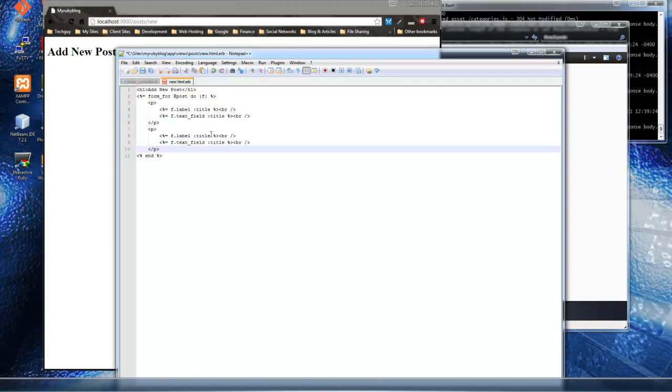And now we want to do the body, so just change title to body. And instead of a text field, we need a text area, because this is the body. It's going to hold a lot of text. And if we copy that,